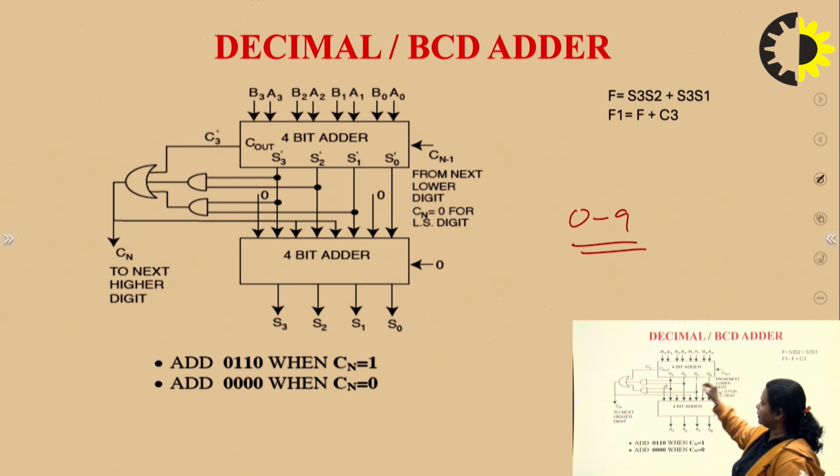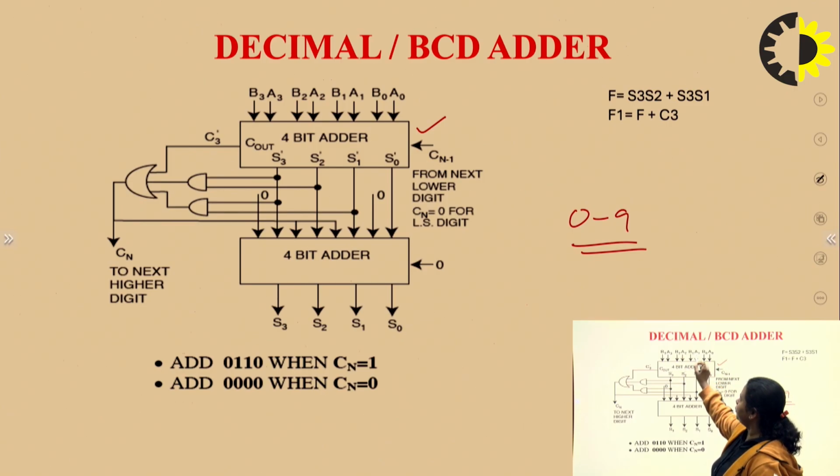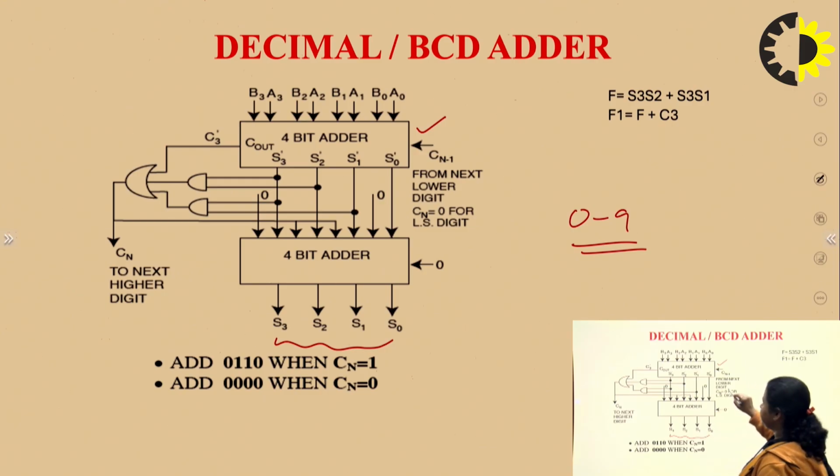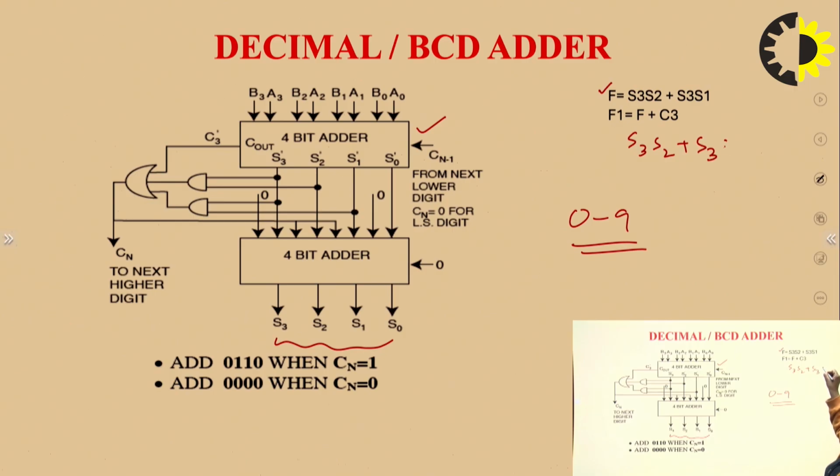So this is one 4-bit adder here. Here I have used 4 bits, A and B: A0, A1, A2, A3, B0, B1, B2, B3. This is fed to a 4-bit adder, and this is producing the sum. Now this sum is fed to another 4-bit adder, which gives another sum. In between them there is a function. There is one truth table also that I have not made, but if you remember, the function is basically S3 S2 plus S3 S1, right?